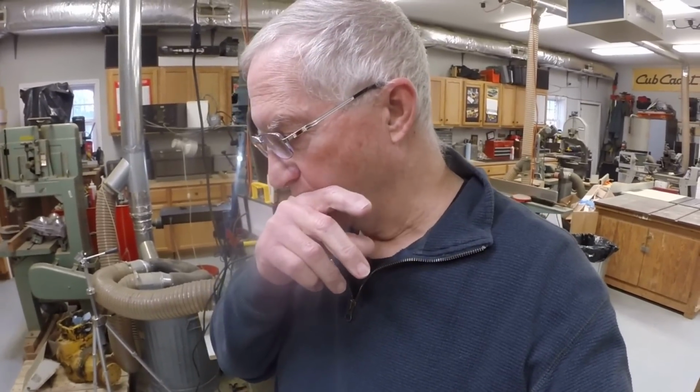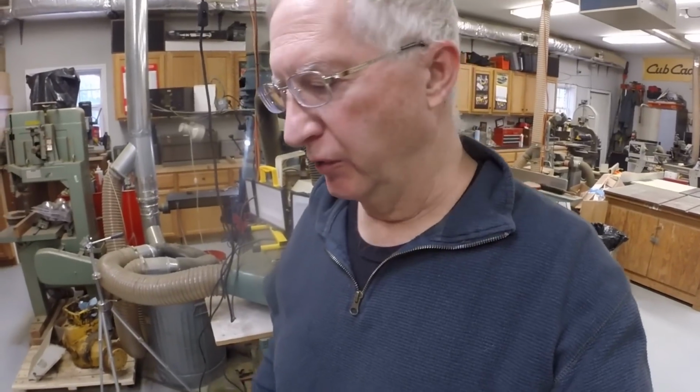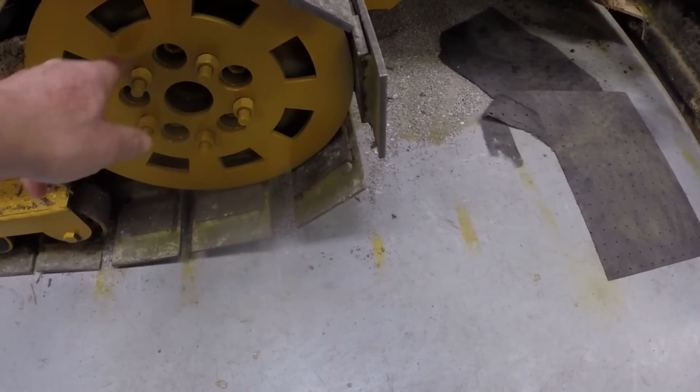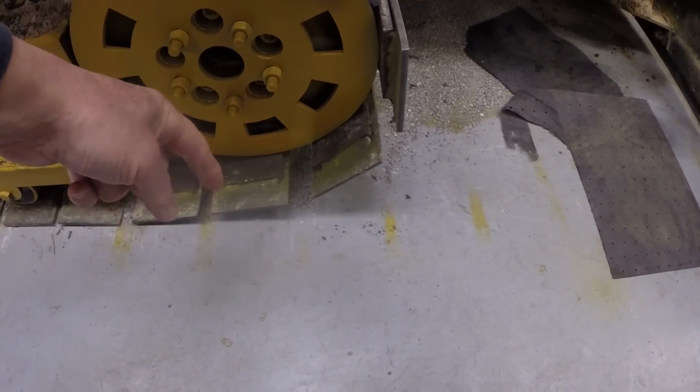I don't know if it's going to work or if I can make it work, but the idea is to create a hub with a stub shaft and bolt it to these wheels with these lug nuts. In other words, undo these lug nuts, bolt on another plate, which would have a shaft coming out of it, and then